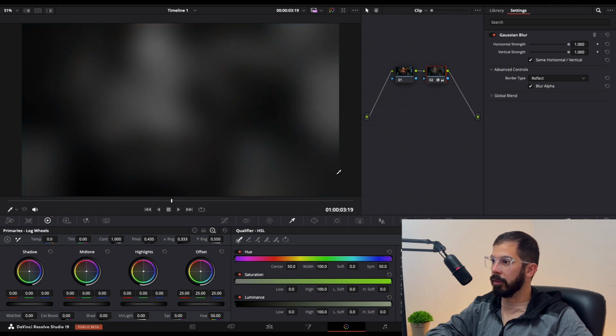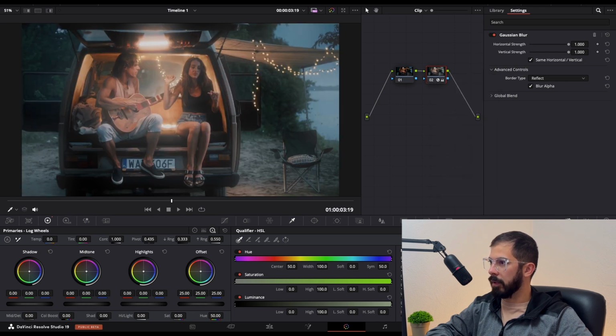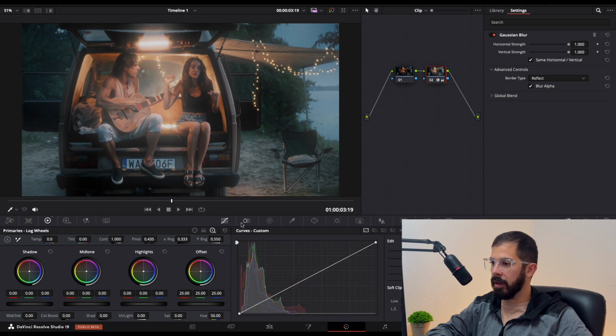Next thing that we need to do is right click on our second node and search for composite mode. From here we need to choose screen. This worked the best. Now when we have the effect we need to go in the curve down here and